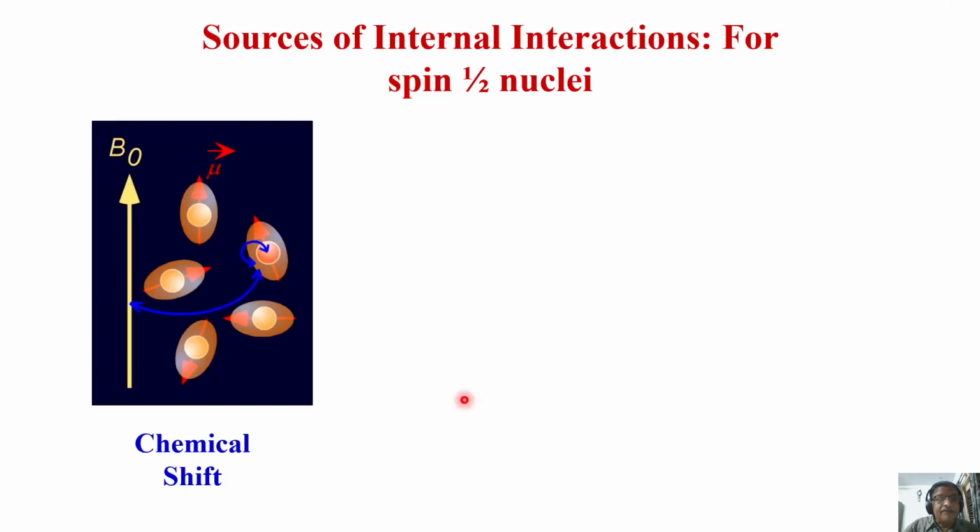First, chemical shift. As I said, chemical shift arises because the nuclear spins are not bare spins. They are not simply bare spins sitting there. The nucleus is surrounded by electrons. The electron, mind you, I told you, has a spin. You can treat it like a tiny magnet. Again, there is an interaction going on. As a consequence of the charge distribution at the site of the nucleus, there is some interaction that causes some effect on the NMR spectrum. That is what we are going to understand today. It is called chemical shift.